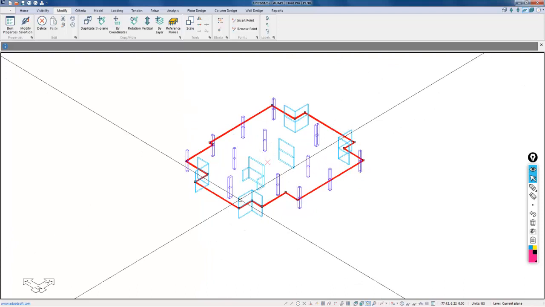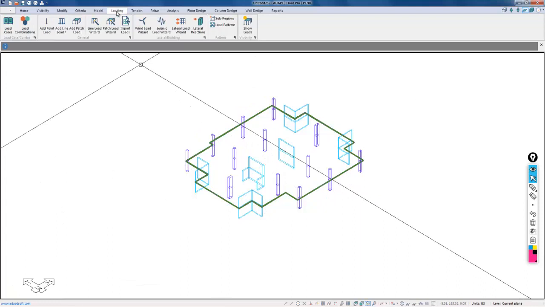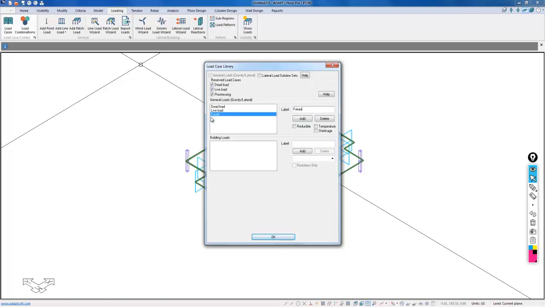This might be the design loads that it was designed for originally. By default, if we go over to loading, load cases, I'm going to turn off lateral load sets. This doesn't apply. There are dead loads and live loads. These are superimposed. Live load is unreduced by default. So the self weight is auto calculated by the program. So we're going to use these two reserved load cases, and then we're going to create an additional one that will be called future. I'll just call it future tenant for the additional load that we're going to place on the slab, and